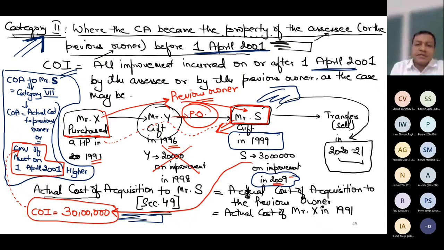Now others, if you are having any problem, please ask. But you must have the steps in your mind to determine cost of acquisition. First you determine actual cost, then to determine cost, read those 8 categories. Similarly, you determine improvement through these 3 categories. While determining improvement cost, all improvements incurred before 1st April 2001 are of no use. That's it. That's all from my side.